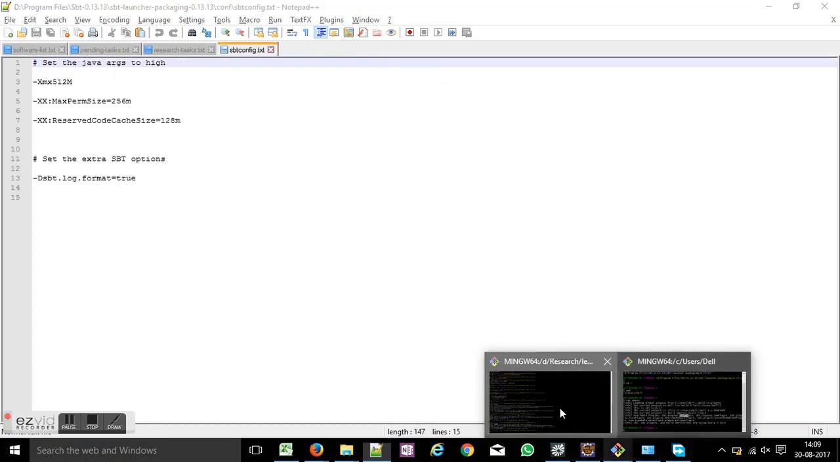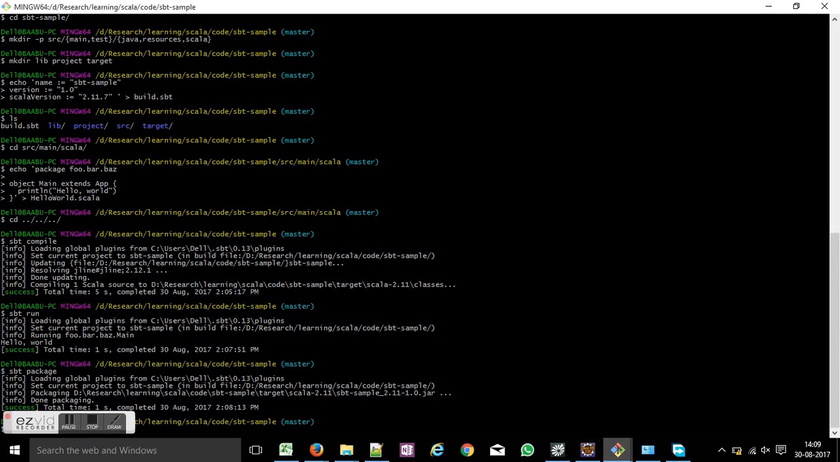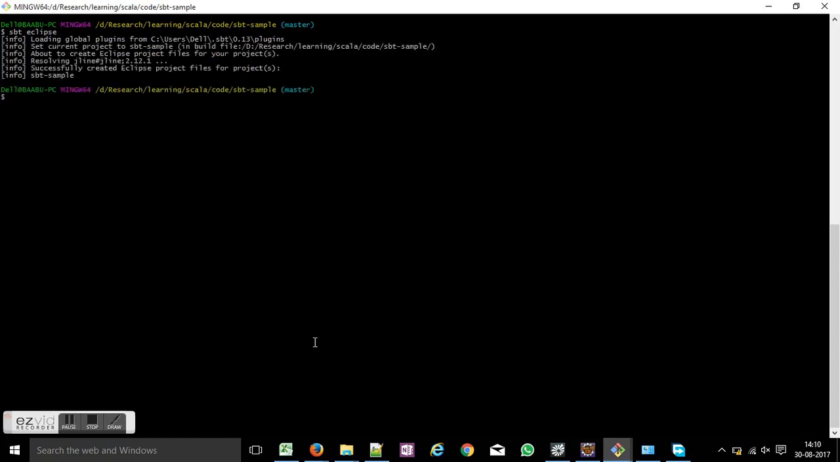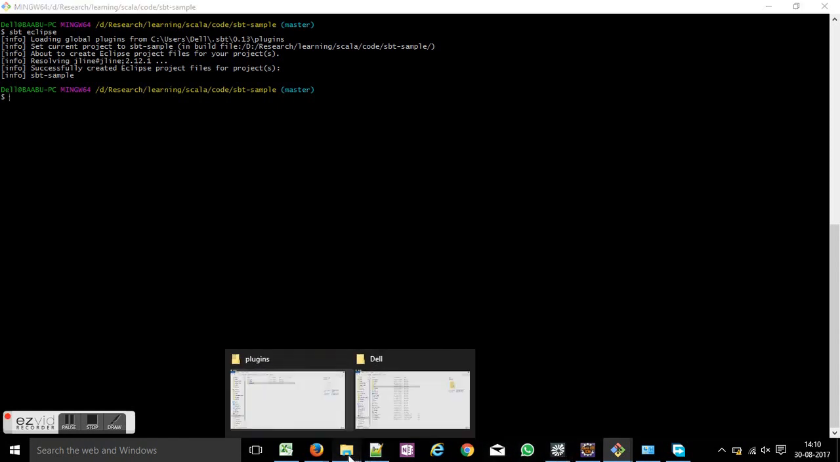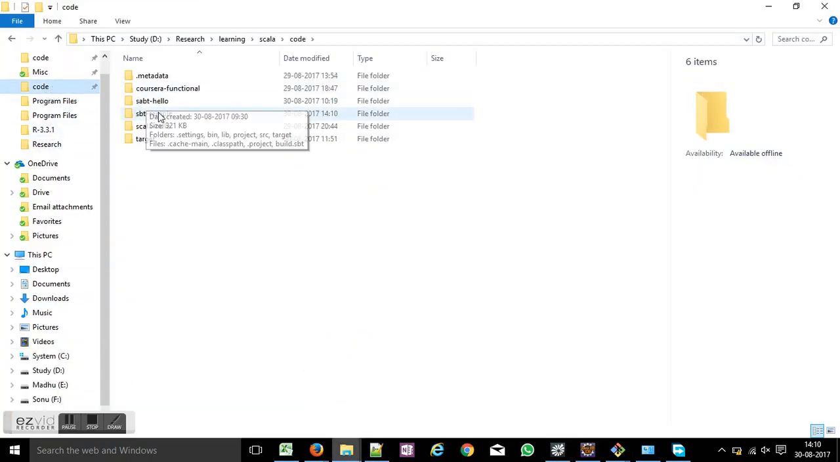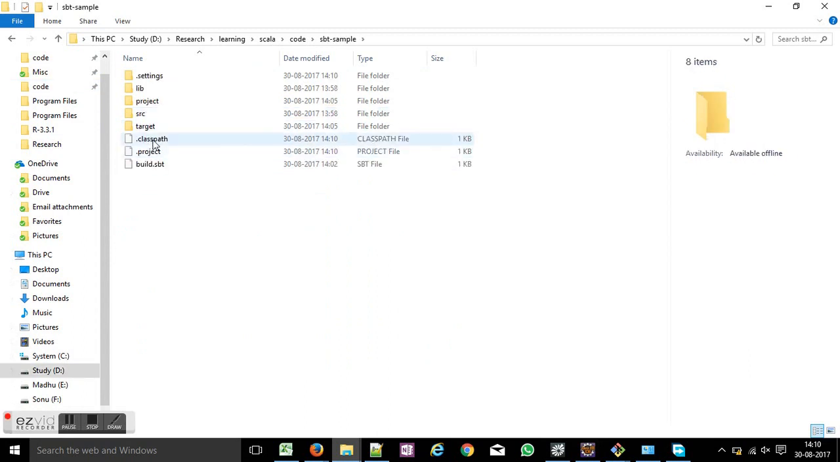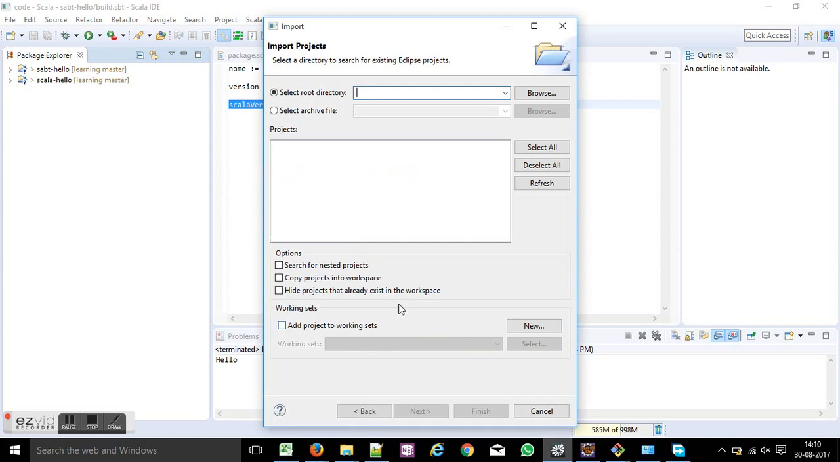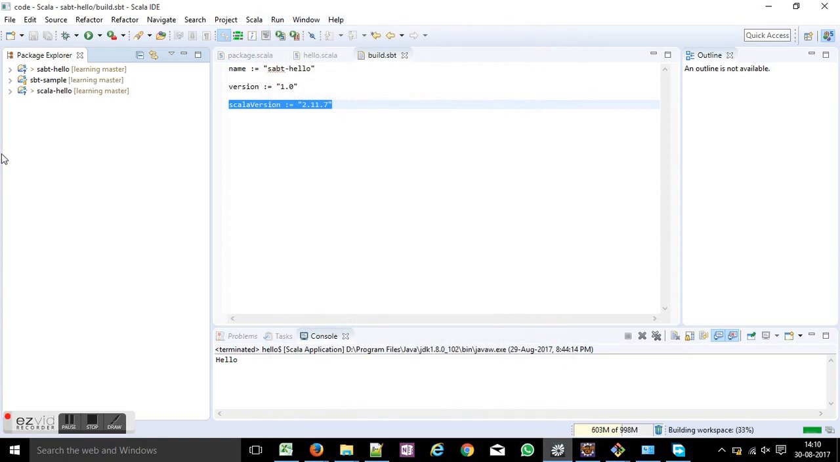Once I did this, I had an additional task available here, which is called sbt eclipse. Now when I run this, it will generate the files necessary for a folder to be recognized as an Eclipse project. What are these files? Classpath and project. You can see they are created just now. Now we can import these projects into our Scala IDE. You can see sbt sample is imported,